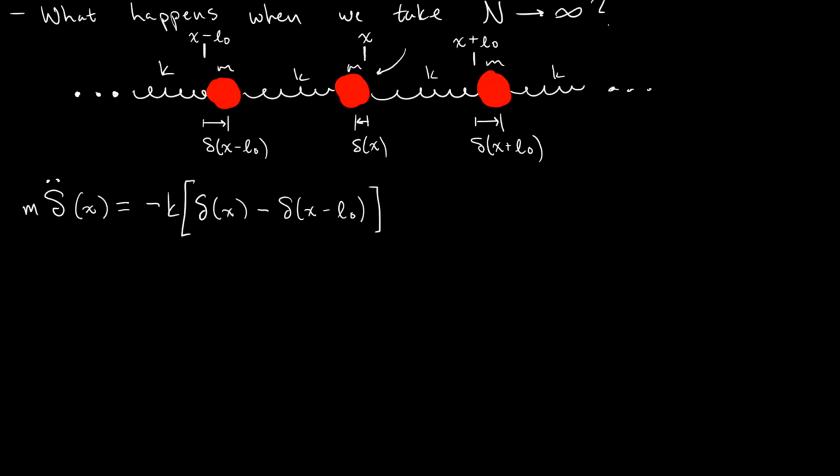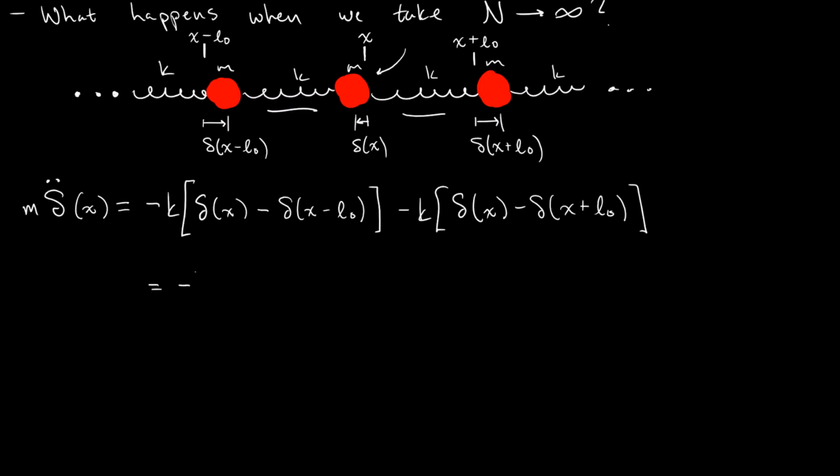Right, so the force on this spring here is how much it's extended or compressed, and it's always going to push against the displacement of x. And the same thing here. So I get k delta x minus delta x plus L naught,